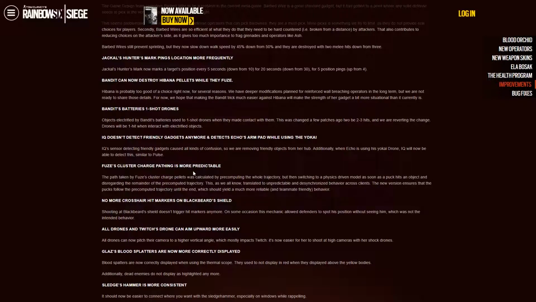The fuse cluster charge pathing is going to be more predictable. That's probably a smart idea. I mean, I like how they did bounce around, but with the things they hit already, it would cause situations where it could bounce 2 rooms away, which was kind of cool, but it made his gadget not only unpredictable, but a bit overpowered in certain situations where you get free kills when someone might not even be very close to where your fuse is detonating. So